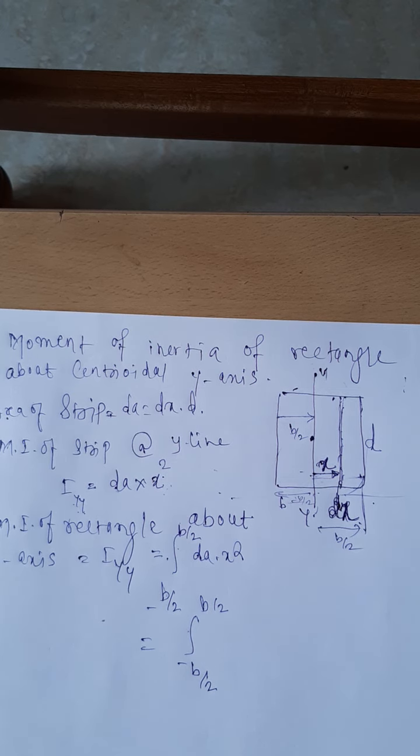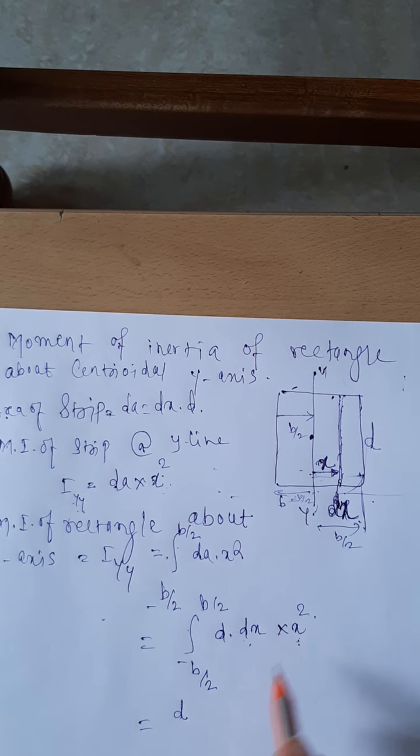The limits are minus b by 2 to plus b by 2. What is the value of dA? dA is given by d into dx. So the integral becomes d into x square dx. D is constant, so take it out. Then you are going to get